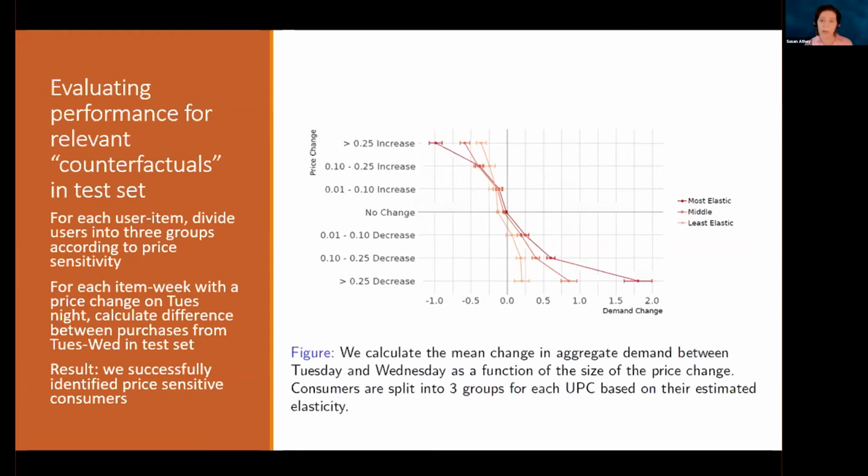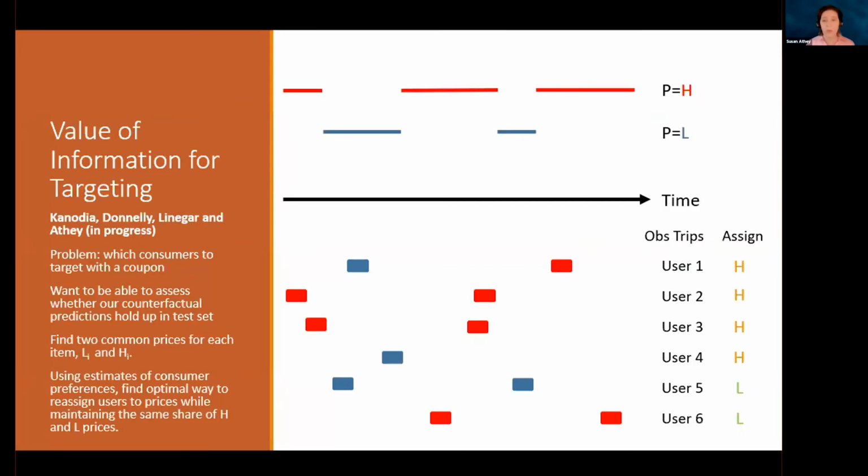So now let me show some things you can do with this kind of model. One of the things I can do is try to assess the counterfactual benefit of targeting price and giving people different prices. So here I take two of the most popular prices in the data set, and up here is like a timeline. These prices might have fluctuated over time, and this is not that uncommon in supermarket data where prices fluctuate between two different prices.